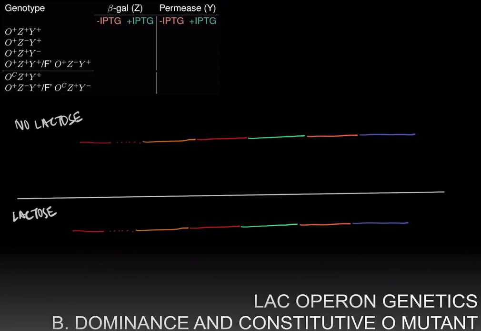We have I plus, which is Lac I, which makes the repressor. Then we have the promoter, and after that we have the operator, and in this case the operator is O plus. Then we have Z plus and Y plus,